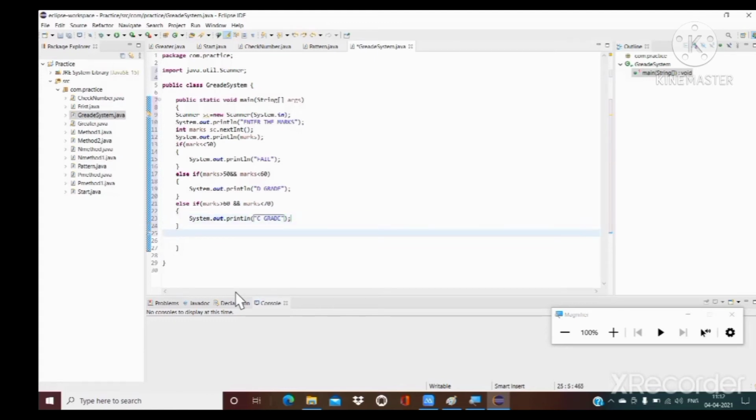And we are taking one more else if, and here we are taking the conditions as marks is greater than 70 and marks is less than 85.